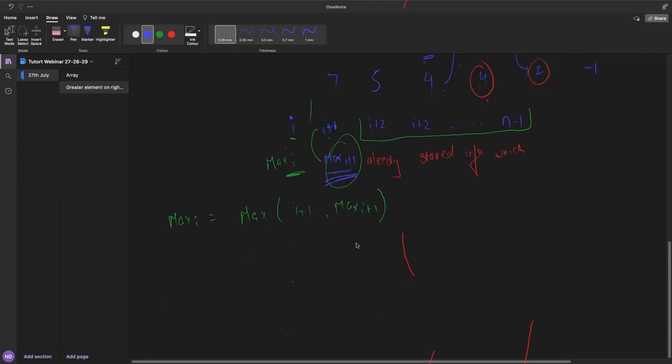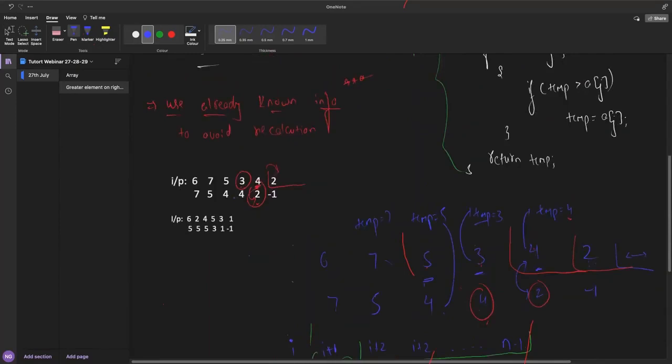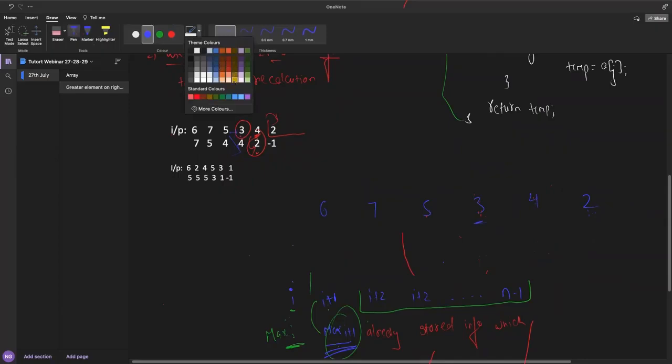Here again, what we are trying to do, to get the maximum element for the current index, we will be comparing the next element and the next maximum so far. Okay, so let me use an eraser. 2 we already know is the last element, so it should be replaced by -1.